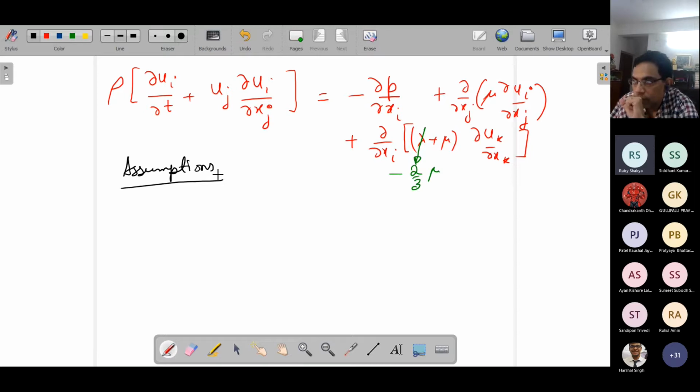So homogeneous, isotropic, Newtonian, and Stokesian. No, we have to start with something which is the most fundamental one. You have to recollect from the first step of the derivation to this form where it has come. So in the first step, it was not homogeneous, isotropic, etc. that was considered, but something even more specific, or in other words, something which doesn't depend on the nature of the fluid.